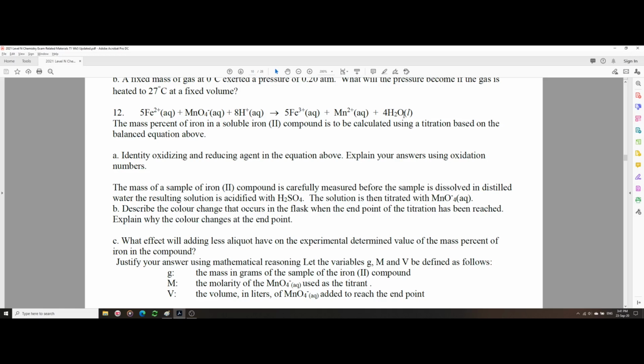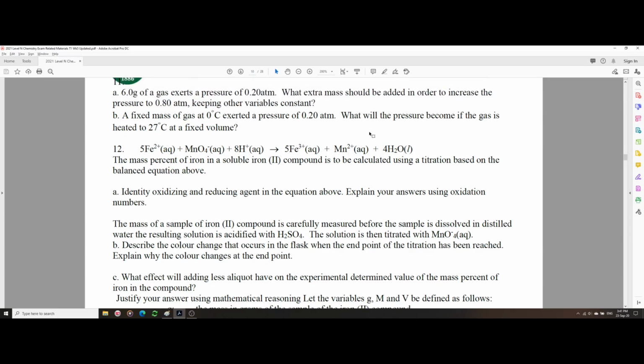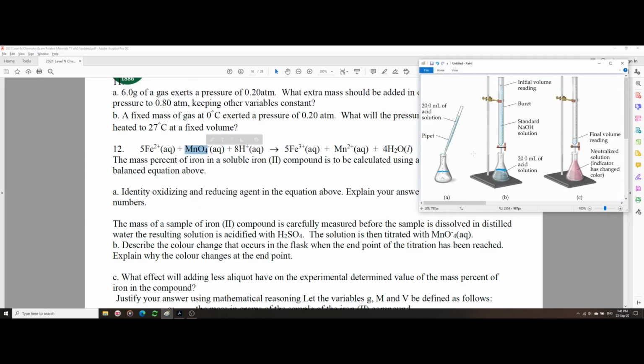Okay, so let's start. So first of all, we're using an iron 2 compound, and we're titrating it with what? With the permanganate ion, with a permanganate solution, but it's not given to us, so I'm just going to mention the ion for now. So let me remind you a bit about titration. So in titration,